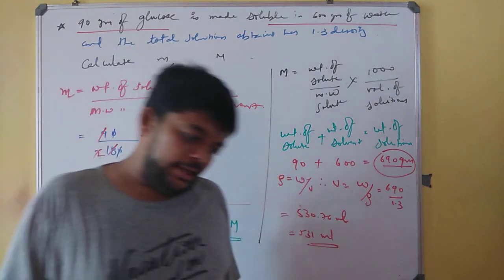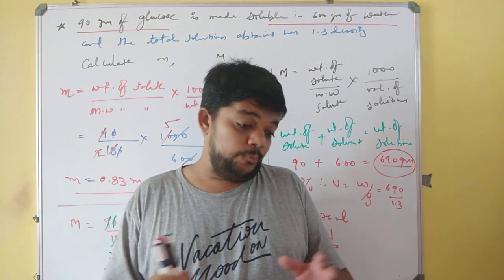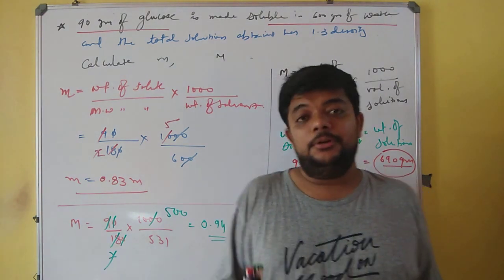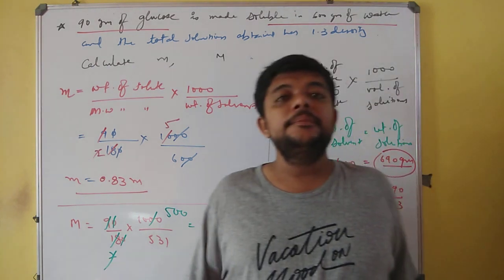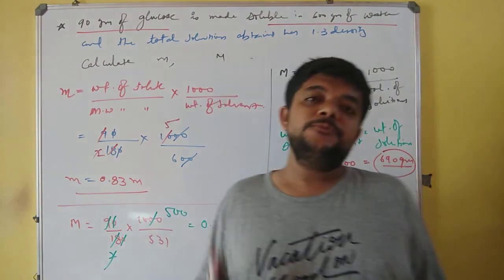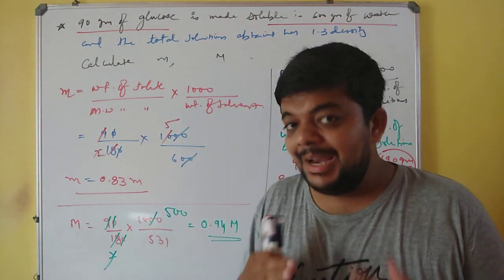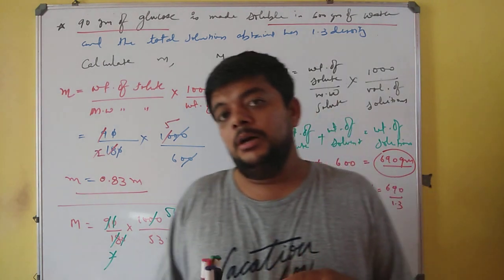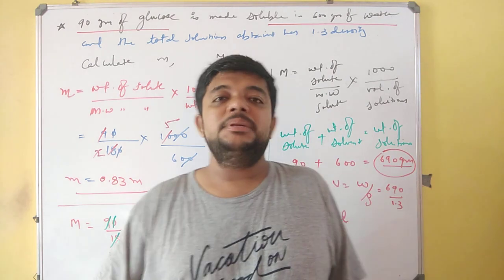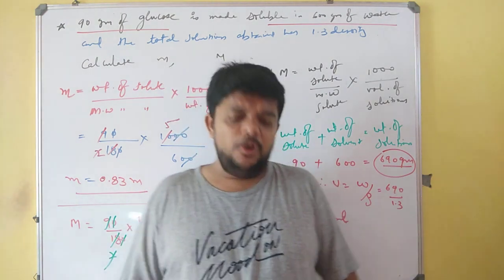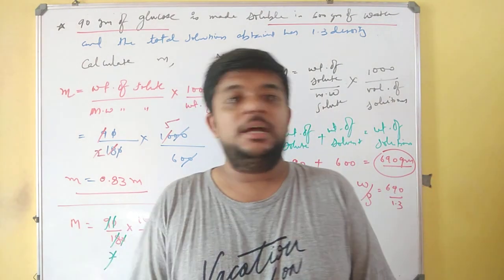We will be coming up in the next video with the complete concept of normality, because for that you will require a little bit of idea about equivalent weight, acidity, basicity, and transfer of number of electrons per mole. Once we are done with that, then we will move forward with percentage weight by weight, percentage weight by volume, and ppm. That will make a small package of 4 to 5 videos on concentration concepts.